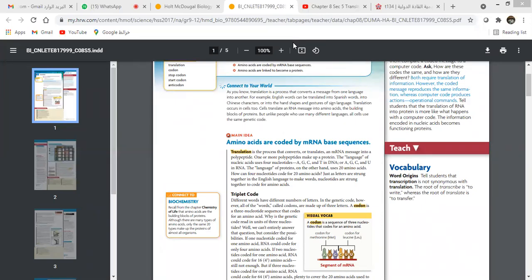Now in our language the letters make words, but in the genetic language these nucleotides make codons. هلا الword is made of maybe 2, 3, 4, 10 letters, but in the genetic language, each codon is made of 3 nucleotides, and each codon will code for a certain amino acid. احنا we said that translation is needed to translate the message from the messenger RNA to know which amino acids are needed to be joined together to make the protein.